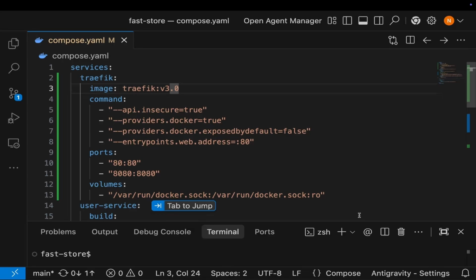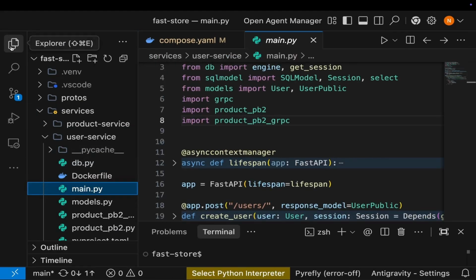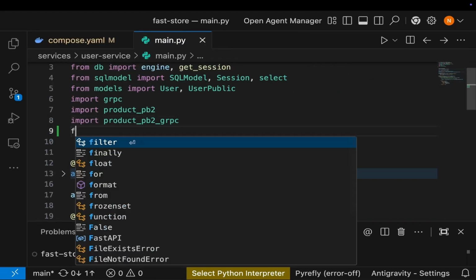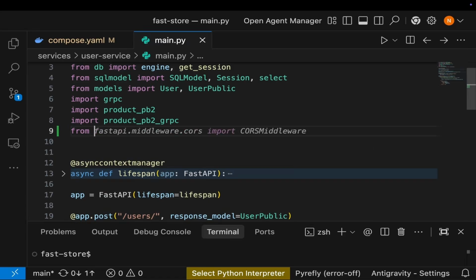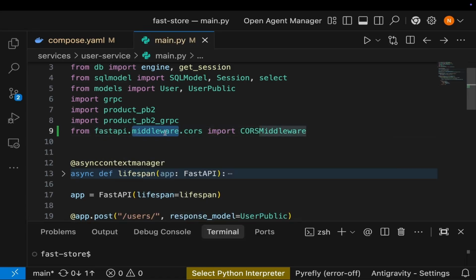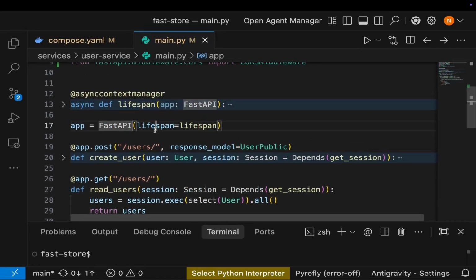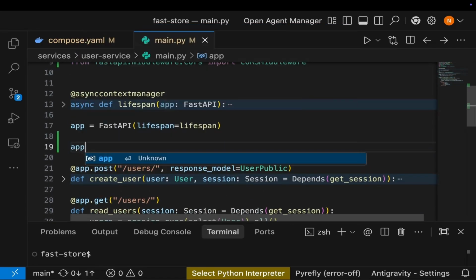While Traefik can handle CORS, I think it's easier to handle it dynamically inside FastAPI using its built-in middleware. So go to the main.py module inside the user service, and at the top, I'll import the CORS middleware by saying from fastapi.middleware.cors import CORSMiddleware. And then just after app,